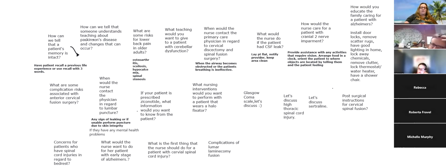Okay, so just remember that we're worried about aspiration. We were talking about them eating smaller bites during their meals, and we want to make sure that their bed is up. We're worried about that airway. We don't want them aspirating into the airway. All right, so